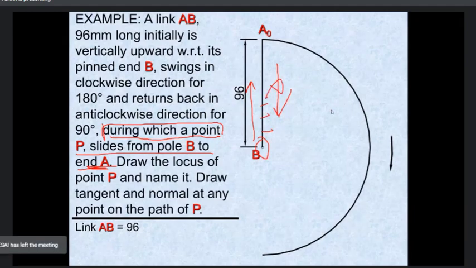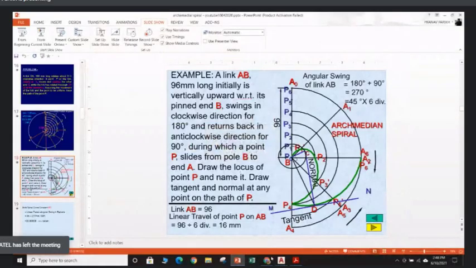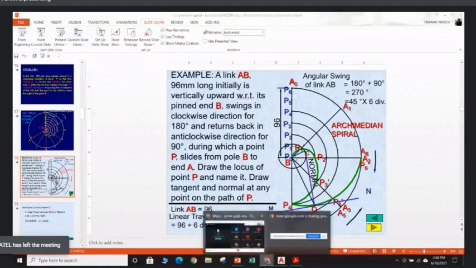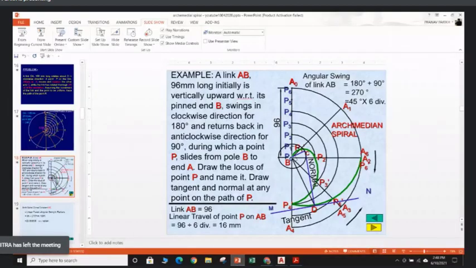Any more questions if you have, you can ask. Sir, the sums which we did are of the spirals which are coming from the outer periphery to the inner periphery. Sir, then what would be the process from inside to outside? Would it be the same? This is the same process, inside to outside. This example which you have done.